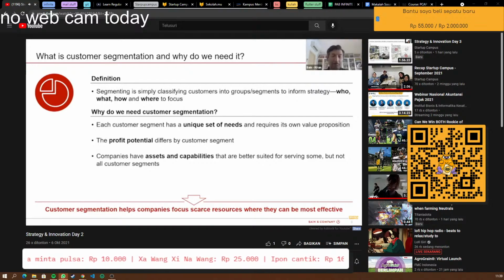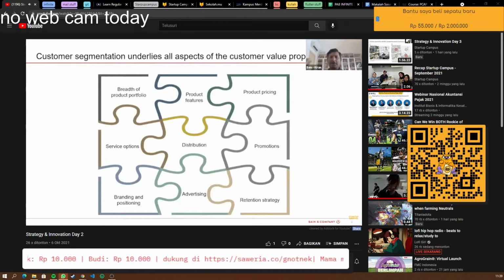And then reassess, do we have the right assets and capabilities for serving some customer segments, or can we go after all customer segments, right? And then redefine your strategy towards achieving full potential. So that is what customer segmentation is. That's why companies need it. So in the end, what does it actually do? It takes every segment that you build and it builds a holistic strategy around